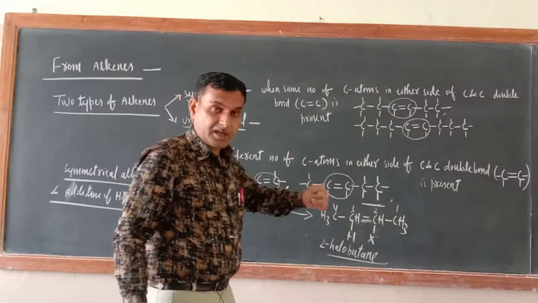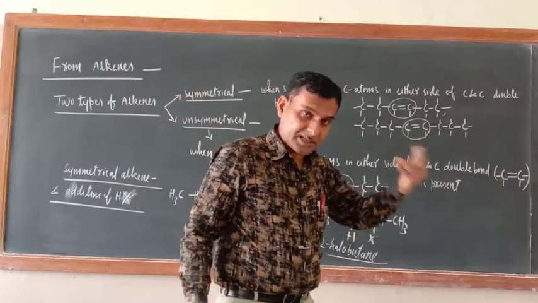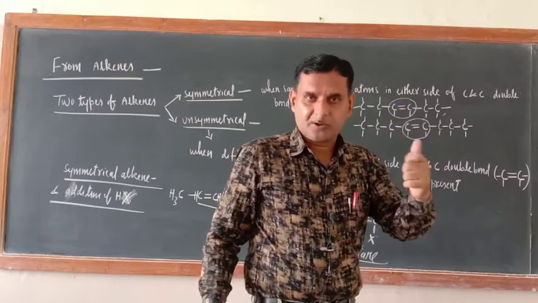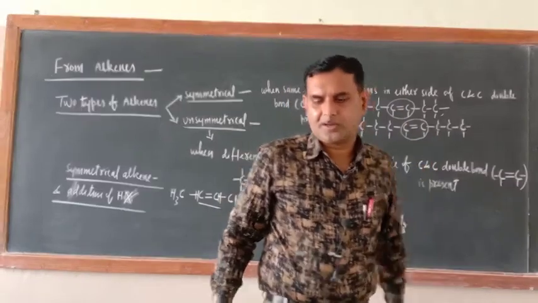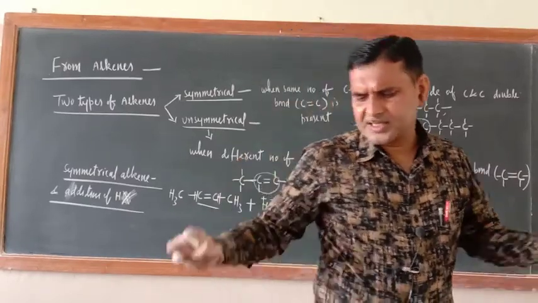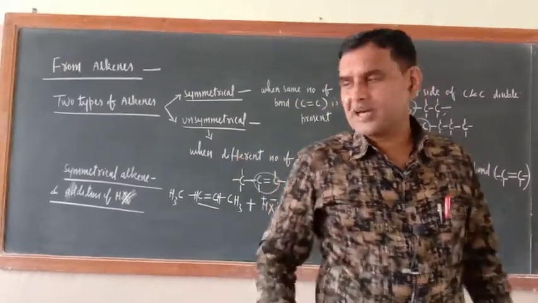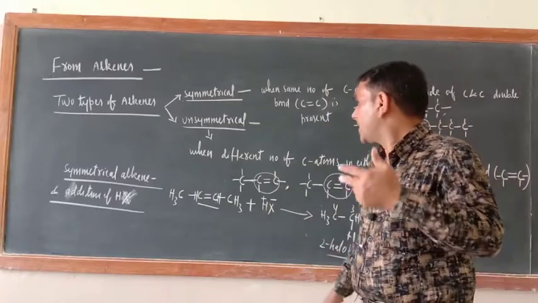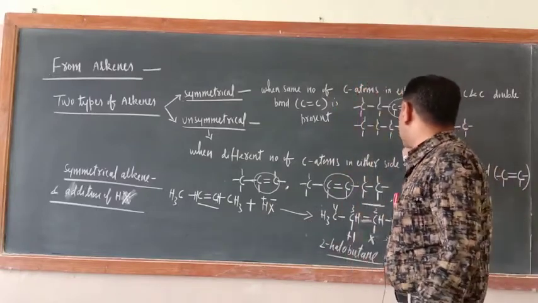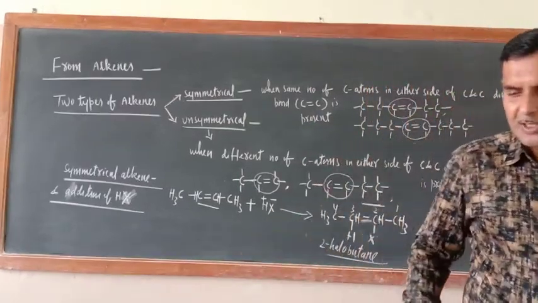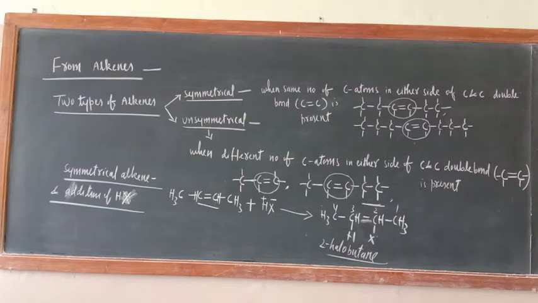The addition of hydrogen halide on an unsymmetrical alkene is governed by two rules, that is the Markovnikov and anti-Markovnikov rule. Last year you studied this one. In the symmetrical case there is no issue, but in the unsymmetrical case issues are there. Now in an unsymmetrical alkene, just see where the negative part will go, where hydrogen will go, that should be understood. So I will write here.